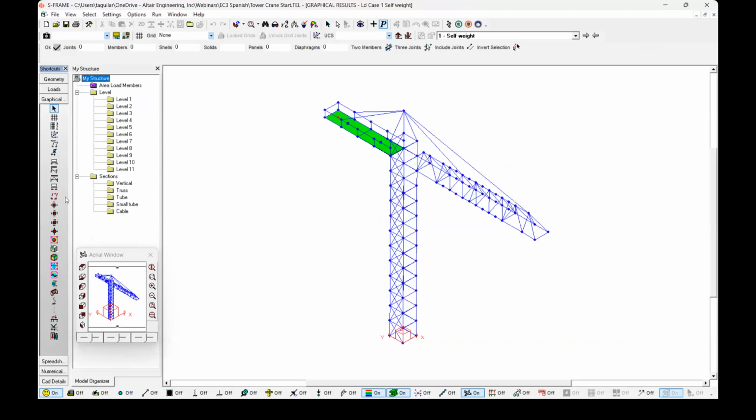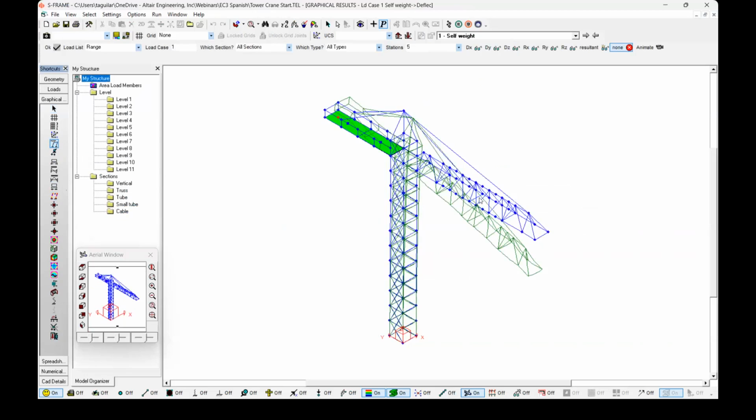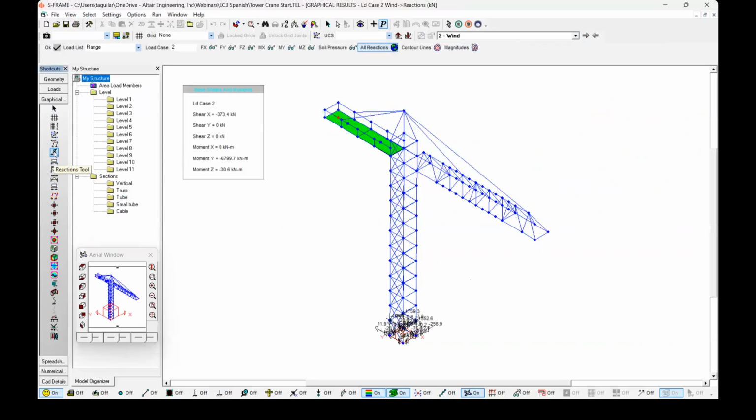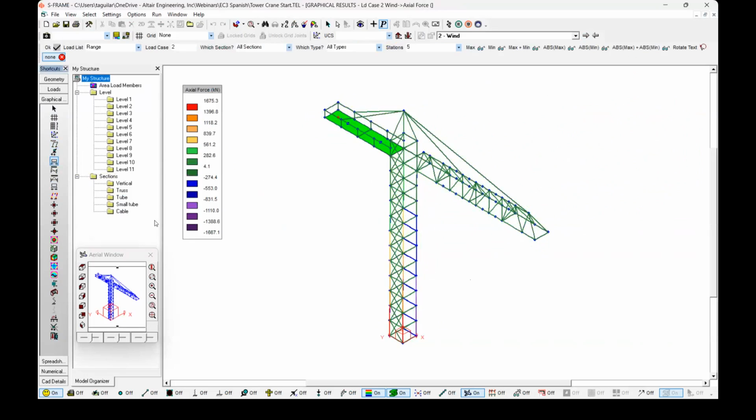So once we have done that, we can take a look at the different results of the analysis. For example, we have here the self weight. We can see that with the self weight, our structure tends to deflect like this. And if we consider the wind action, it's going to rotate like this due to the wind action. We can also take a look at the reactions and our axial, moment and shear diagrams over here. If we want to take a closer look, for example, at the base